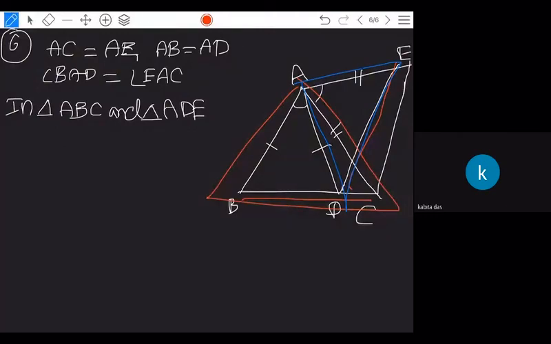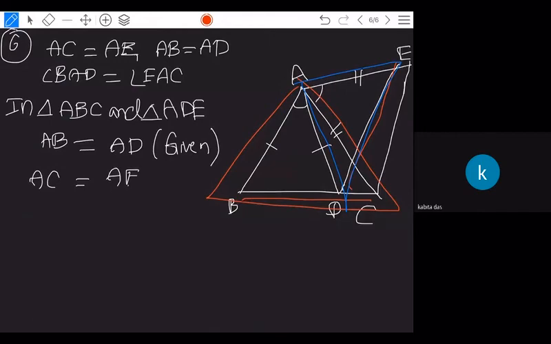So in the ABC triangle, AB is equal to AD in the ADE triangle. Is it audible to you? Yes, sir. Okay, AD. This is given. All are given only in this. Where is AD in ABC? It is not there. In triangle ABC, AC is equal to AE. This is also given.